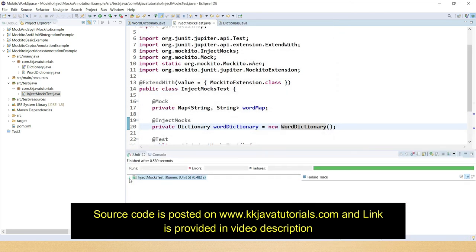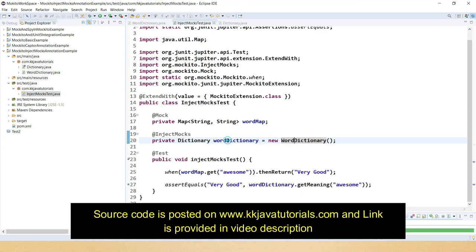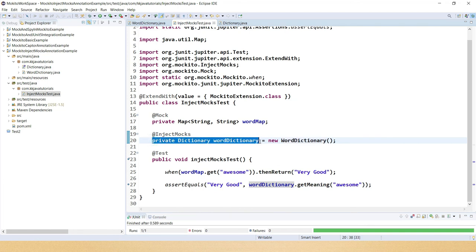Now you can see. You can keep in mind that when this reference is an implementation itself, then you don't need to instantiate it yourself. Even if you instantiate it, that will work, but you don't need to when you annotate this reference with @InjectMocks. But if this reference represents an interface, then you have to initialize its implementation and assign it to this reference, and only then is @InjectMocks going to work.